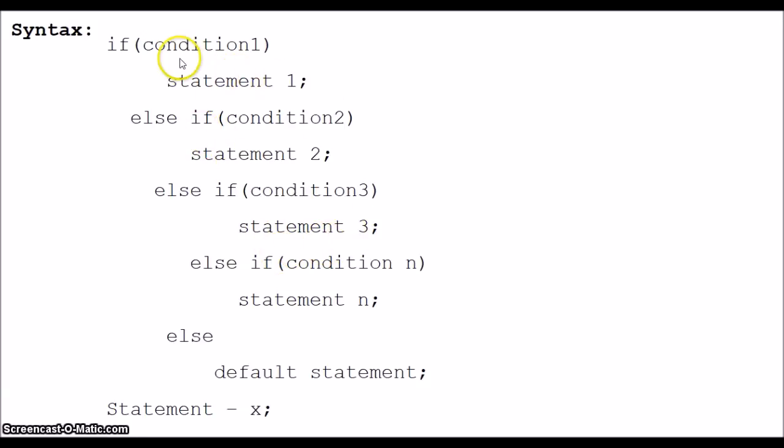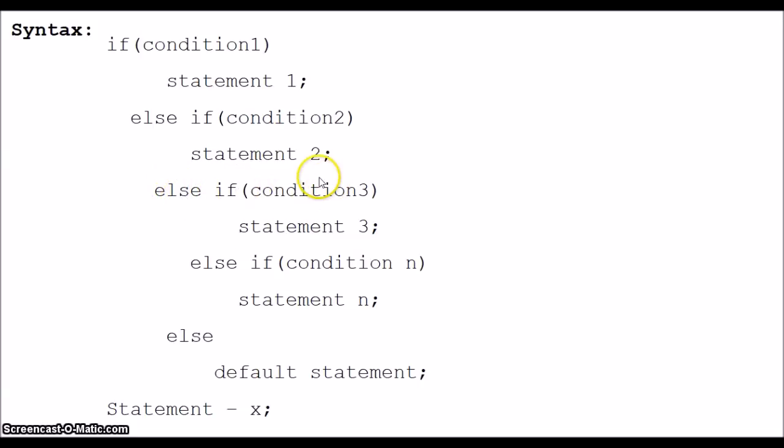So let's check how this else if ladder is executed. Condition 1 is evaluated for true or false. If condition 1 is true, then statement 1 is executed. If condition 1 is false, then the control directly comes to the else part. In this else part, it is going to check for condition 2. If condition 2 is true, then statement 2 is executed. If condition 2 is false, then the control directly comes to the next else if part,